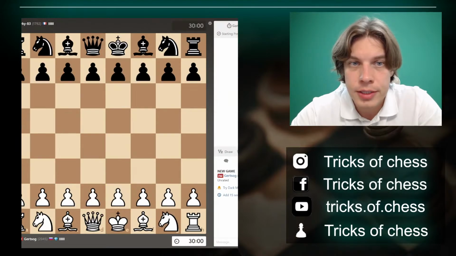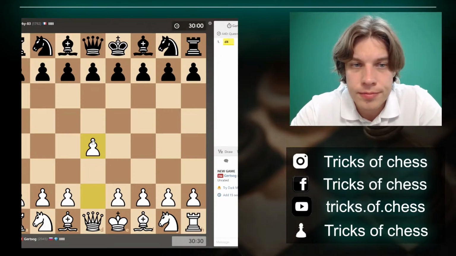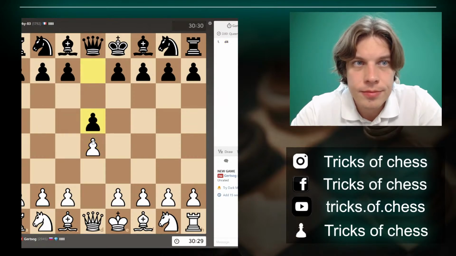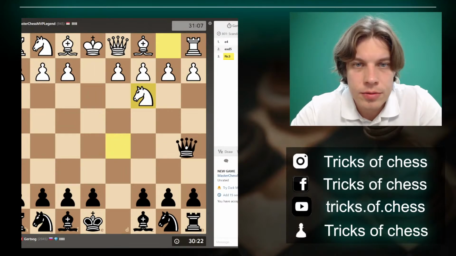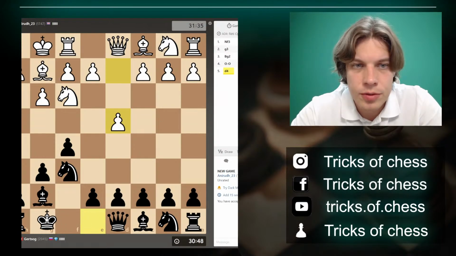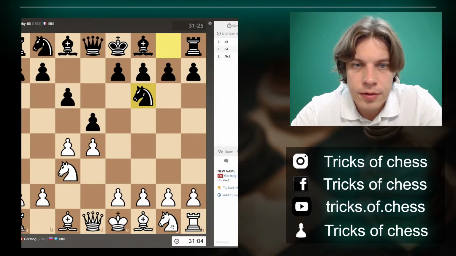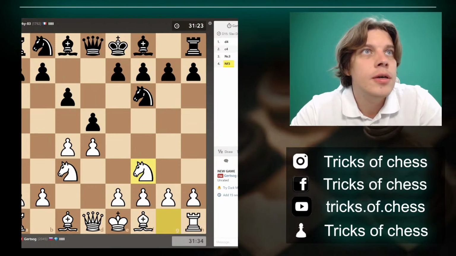Okay, Forky sent me a challenge where I play with white pieces. Let's try something new. d4, d5, c4. Okay, queen a5, c6, knight c3, d4 in this position. Okay, I just castle, knight f3, knight f6, here knight f6, knight f3. Okay, so